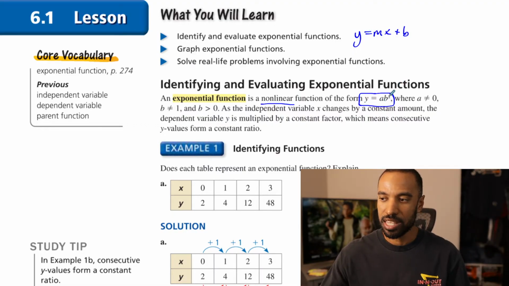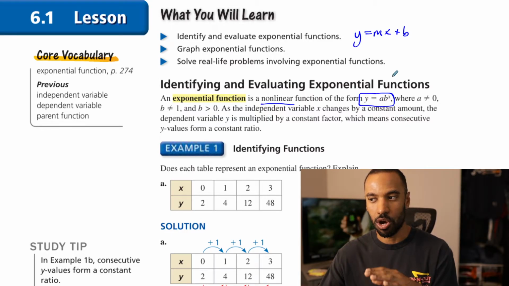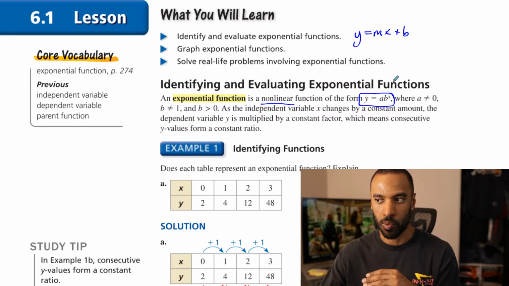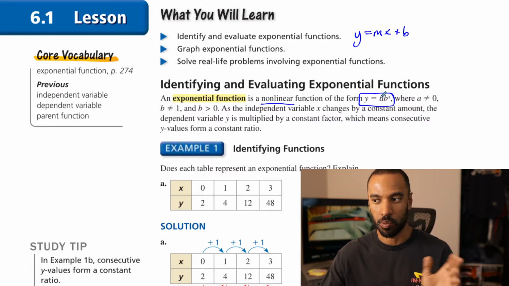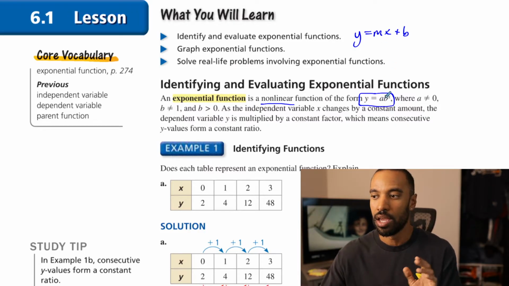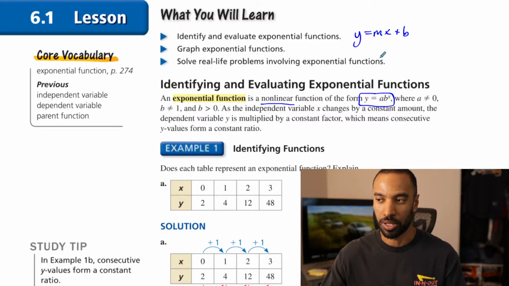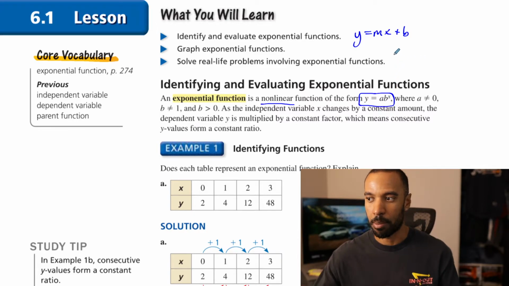This ab to the x power, first of all, this b is nowhere near what this b was. This was a y-intercept. This is not. They're two different things completely. And the a is different from the m as well. And these aren't related in that sort of way. In fact, the b is more closely related to the m, and the a is actually very closely related to the b. We'll talk about that. But every time, as far as order of operations go,